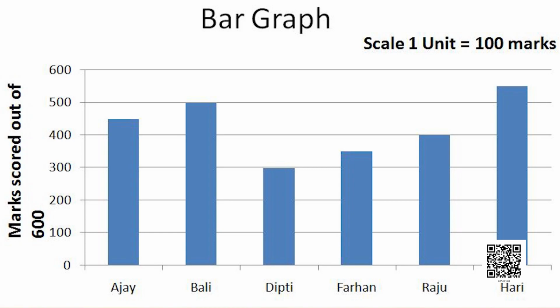Okay, so now we have seen what a bar graph is and we have drawn it. You have to choose a convenient scale and then draw the graph. Now what if there is data which has two things and I have to show it on the graph? Two things will be shown in the bar graph, and that bar graph will be called a double bar graph.